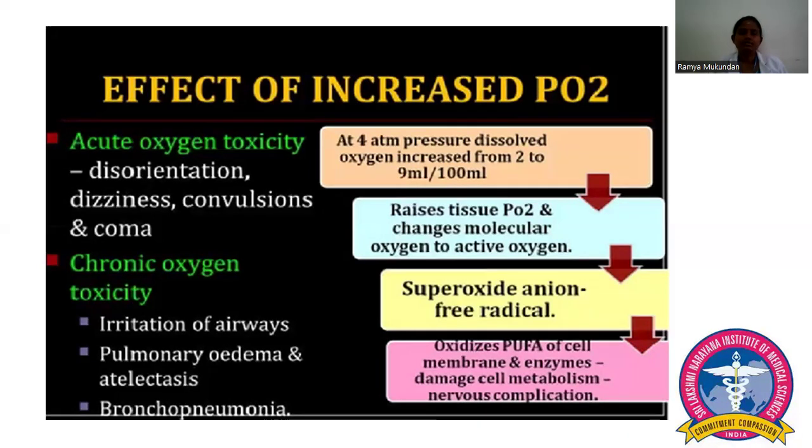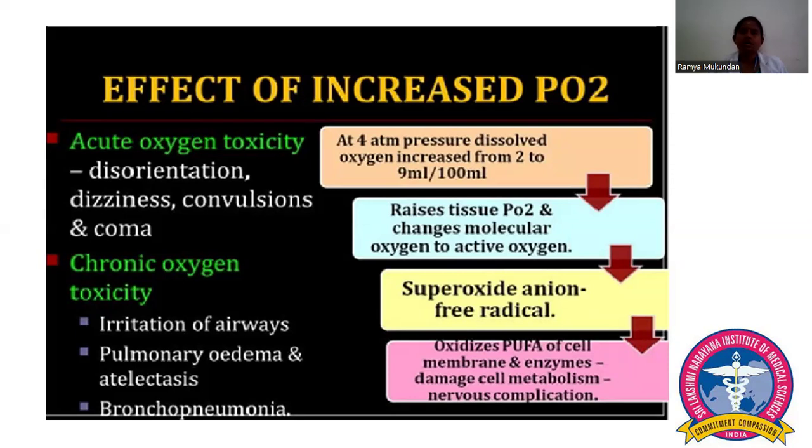Whenever there is an increase in the partial pressure of oxygen, it results in the formation of reactive oxygen species like hydrogen peroxide and superoxide anion. These free radicals have a tendency to damage the cell membrane, resulting in complications. So whenever the subject is exposed to a higher concentration of oxygen, that is 100% oxygen, for a shorter duration of time, he undergoes changes in the body and experiences symptoms like nausea, dizziness, disorientation, convulsions, and sometimes leading to